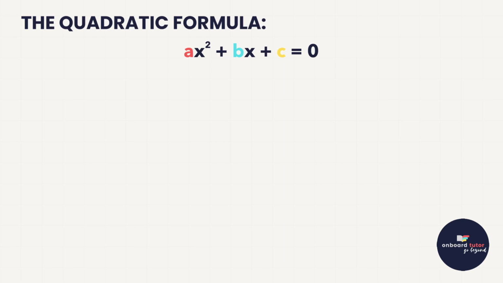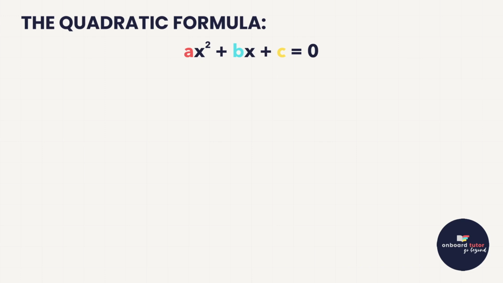Now let's take a look at the quadratic formula. So we've become familiar with this general term here in the standard form, ax squared plus bx plus c. So the coefficient of the x squared is a, the coefficient of the x is b, and the constant term is known as c. And if you complete the square on this, which we don't have time to do today, but if you do it, you can go try it, you come up with what is now known as the